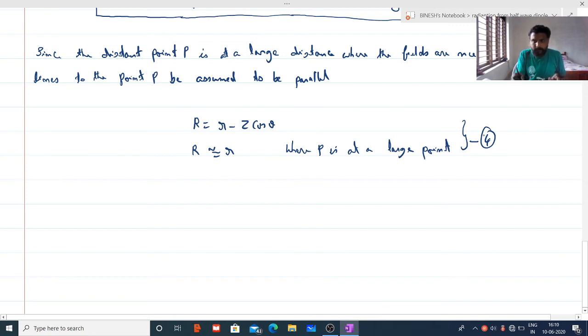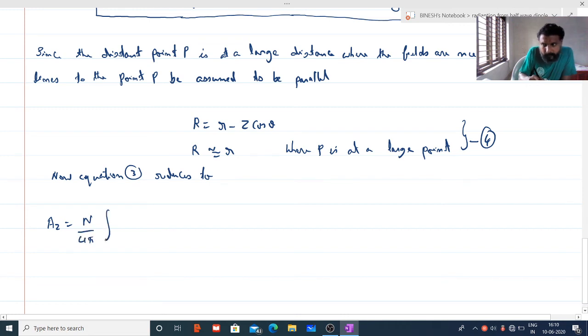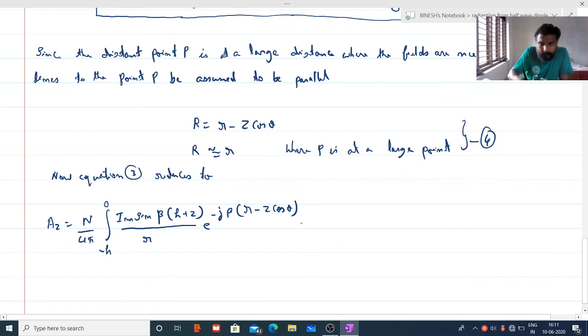So now equation 3 is reduced to, substituting equation 4, A z equal to mu by 4 pi, integral from minus h to 0, Im sin beta (h plus z) divided by small r into e raised to minus j beta (r minus z cos theta) into dz, plus